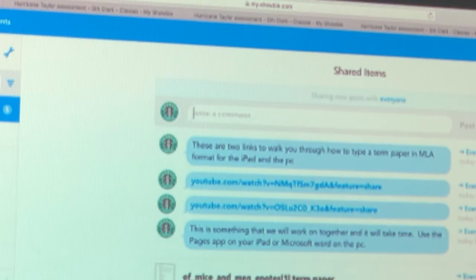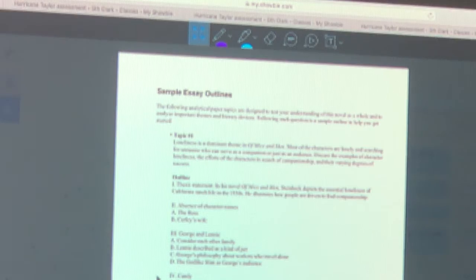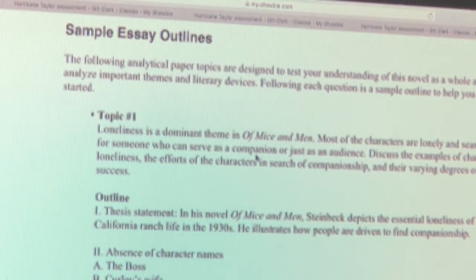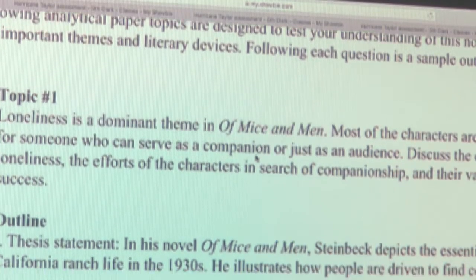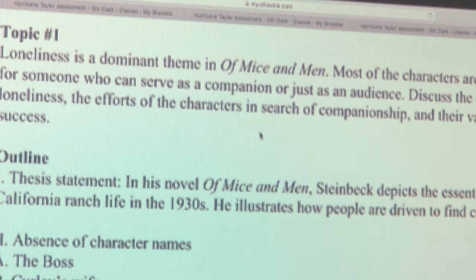I'm going back to your term paper outline. Okay, I'm going to pull this up for you. Everyone, the very first paragraph of your term paper is only 2 sentences. Your very first paragraph, please do not indent, because this is your thesis statement. You are trying to prove this statement in our court of law.